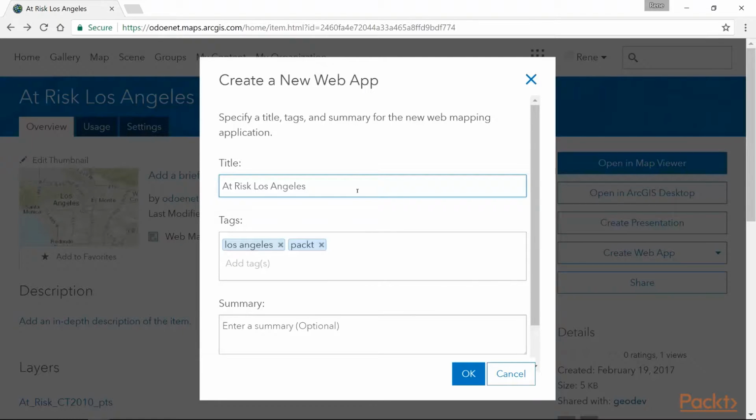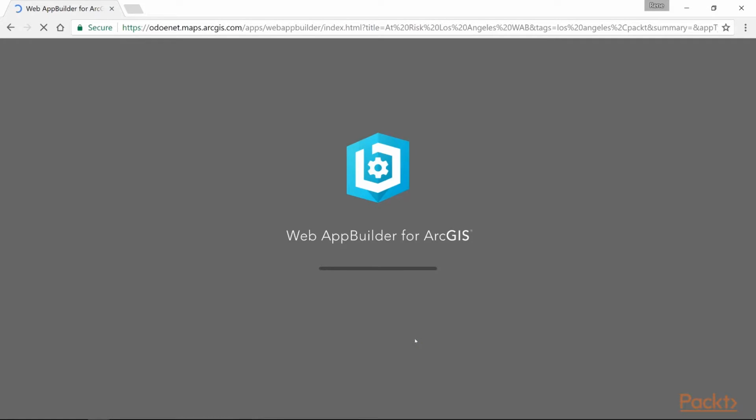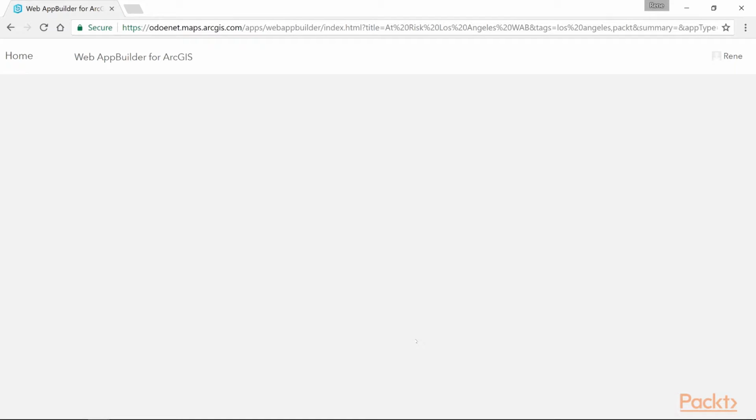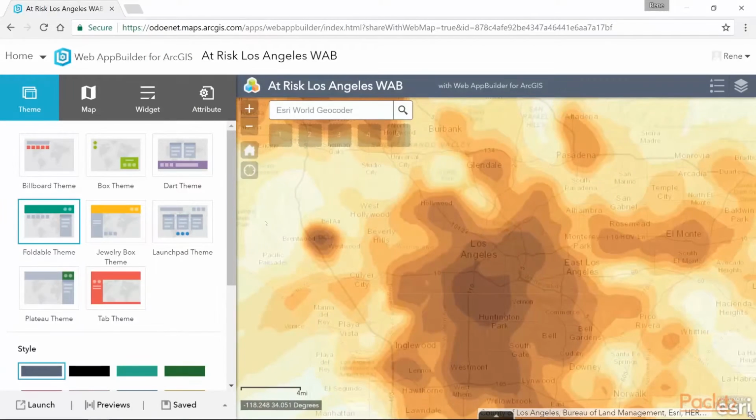So when I click on that, I have an option to give it a title. So I'm going to call it WAB, which is short for Web App Builder. I've already got a tag for Pacton here and Los Angeles. Save in my default folder, and I'll say OK. I'm now going to be taken to the Web App Builder itself. That's going to let me configure an application I can use to create a more customizable app that I can share with other users. So when we first get Web App Builder, it's going to load up our web map,